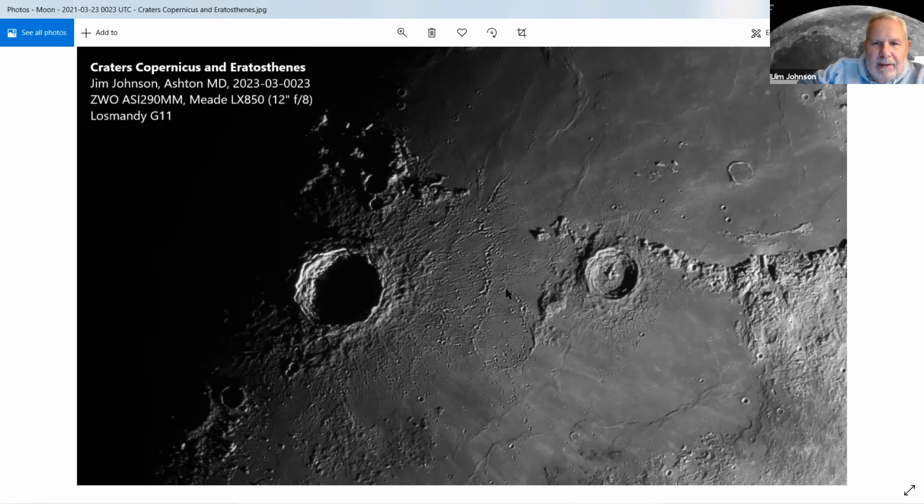Love that. Down here in between, you have a ghost crater called Stadius. Because the sun angle is so low, it really stands out. I doubt that you can see this in the full moon. You see the debris field from Copernicus, wrinkle ridges.